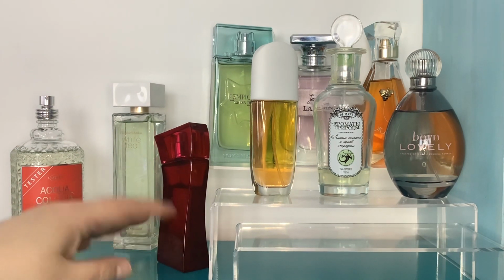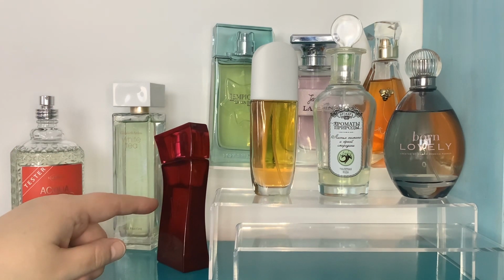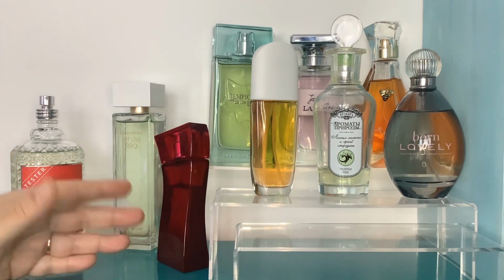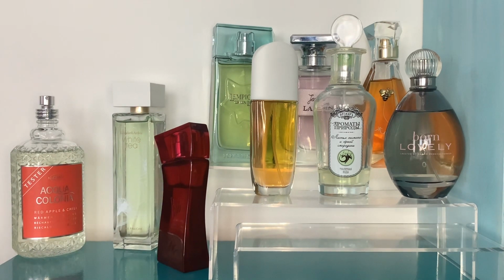I actually have 2 bottles because I got the old version of this bottle as well, which is the bottle you see on Fragrantica. They're exactly the same perfume. They don't really smell any different, to be honest, between the old bottle and the new bottle. So you're safe with either one, whatever turns up if you order it, if you want it. Now then, so then